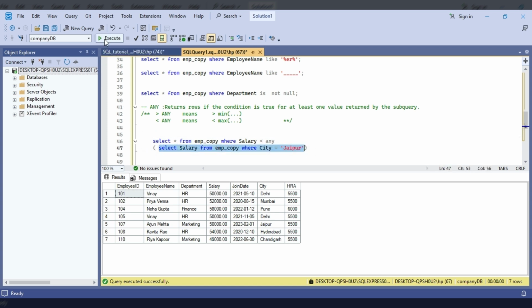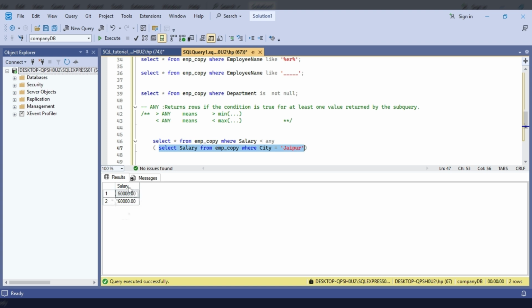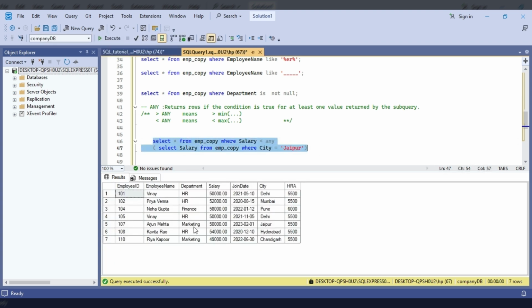Select this subquery and you can see the maximum value is 60,000. So it will give the records where the salary is less than 60,000. Now we see it gives the records where the salary is less than 60,000. So in this way we can use this ANY operator.